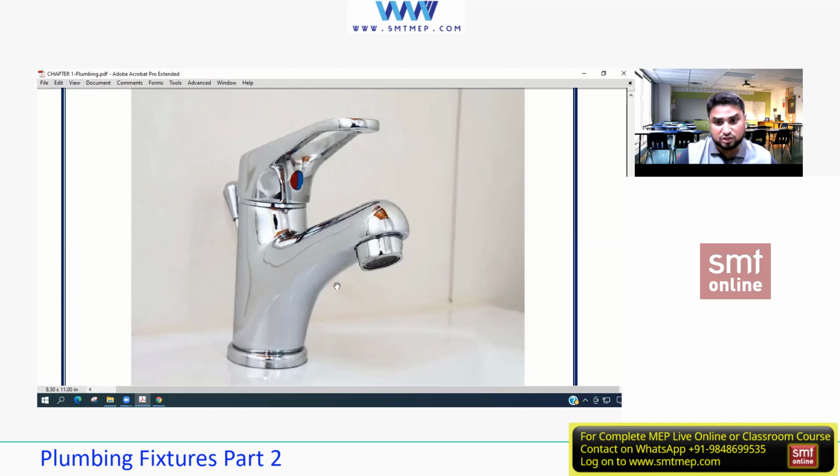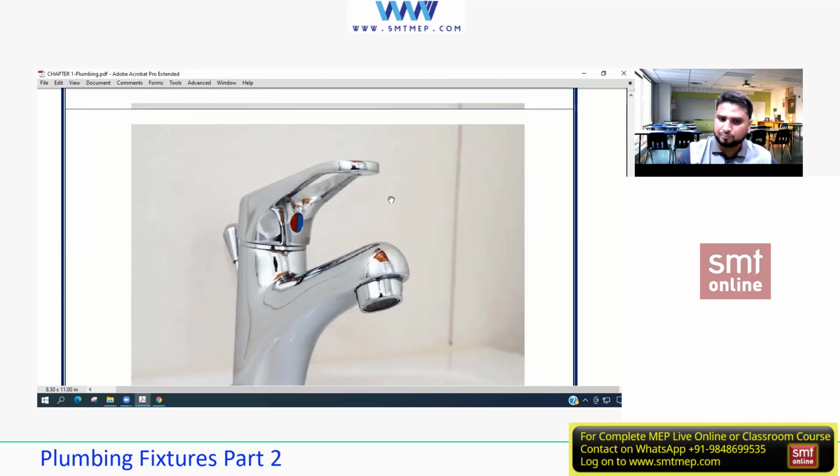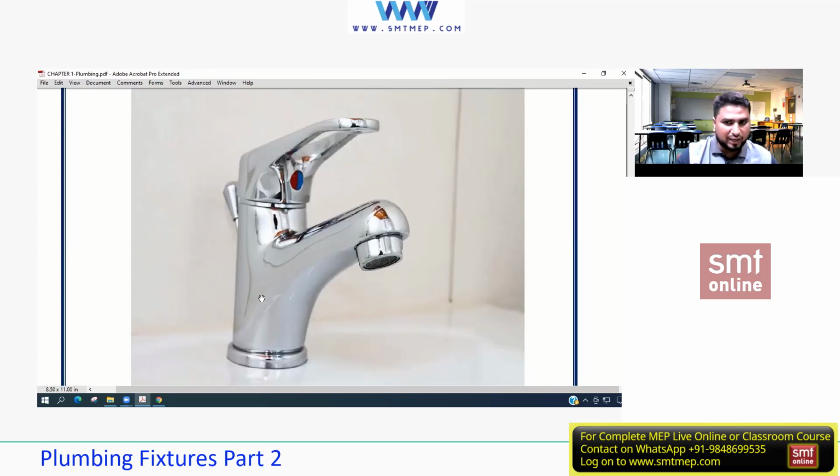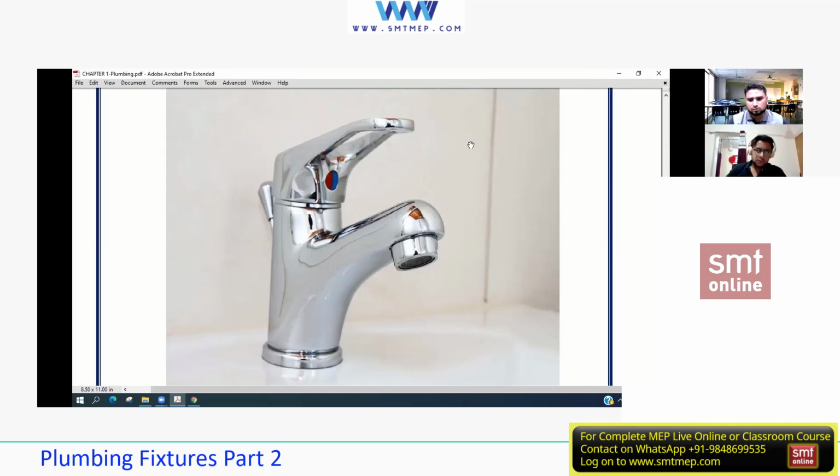Now, the main difference between this and this is what I'll say. This is not like a tap, so this principle works differently. On what principle does the faucet work? Anyone? Lever action. Lever action in the sense of, while using the tap you have to rotate it one, two or three times, but here we can just pull the lever up and down, and it will give the required amount of water.